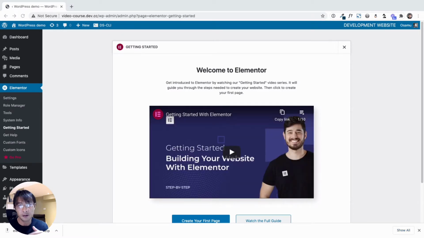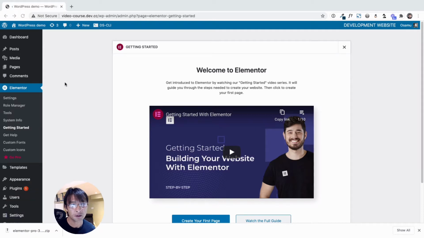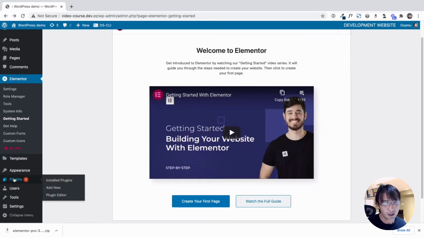I'll show you another way to install plugin because I have to install a pro version of Elementor, which you cannot really directly download from the internet. You have to upload from your computer. So let me show you how. So once again, you go to plugins